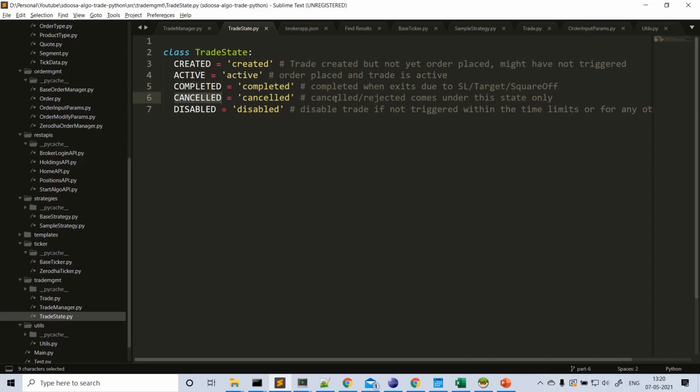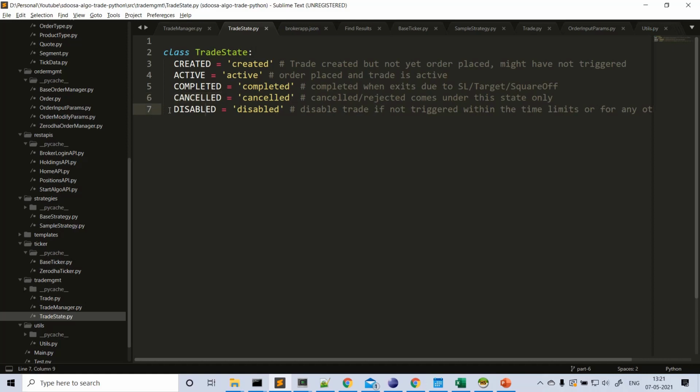Or, due to whatever reason, we place the trade but the entry order gets cancelled, because the script is blocked, or you don't have sufficient margin, or the broker is down. In that case we set the trade to cancelled, whether it is rejected or cancelled.